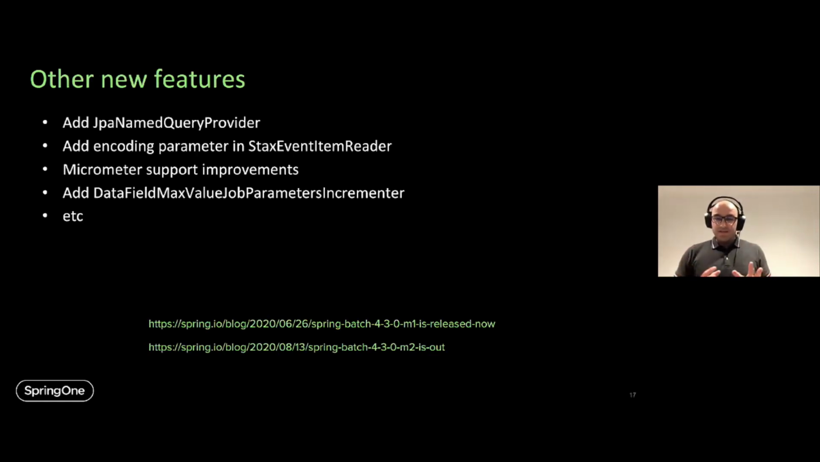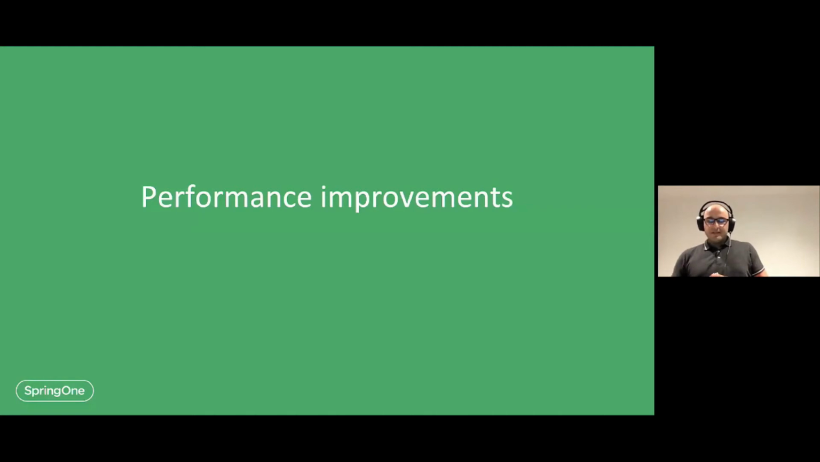Of course, we have a lot of other minor features that I'm not going to present in too much detail here, like the support for named queries in the JPA item reader, the support for custom encodings in the XML reader, the StAX event item reader. We introduced a lot of improvements in the Micrometer support that we introduced in 4.2, etc. Some of the features have already been described in these blog posts, but of course, all the features will be detailed in the final release notes. So that's all for the new features. Let me now